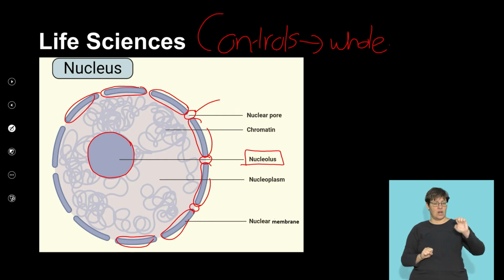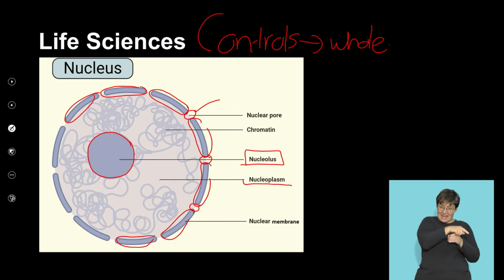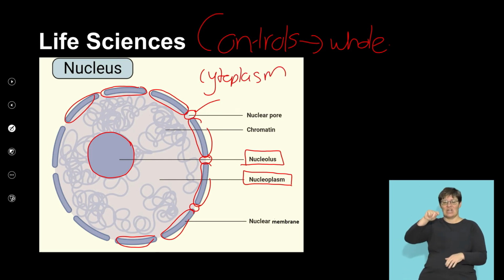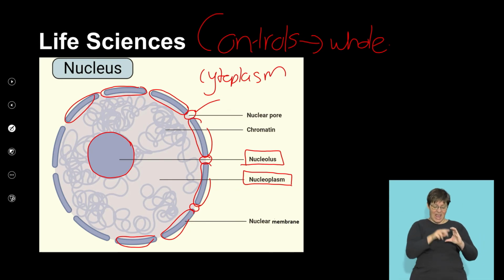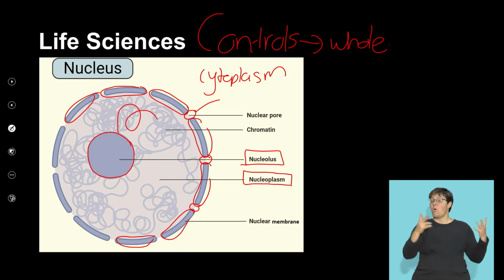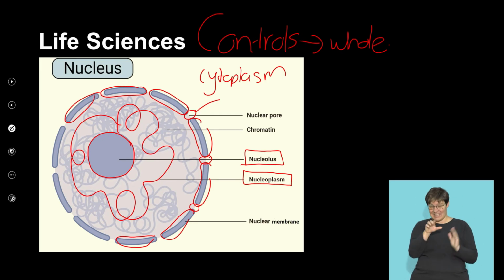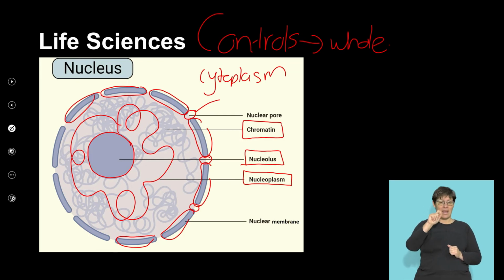Now, the cytoplasm in the nucleus is called the nucleoplasm. It's the same as the cytoplasm, because this over here would be the cytoplasm. But because it's in its own organelle, its own structure, we call it the nucleoplasm. Now, when it comes to the nucleus, what is the most interesting part? Guys, this over here. Now, what is that? That is called the chromatin network. Now, what is the chromatin network? I'm sure you've heard, you've done the nucleic acids,